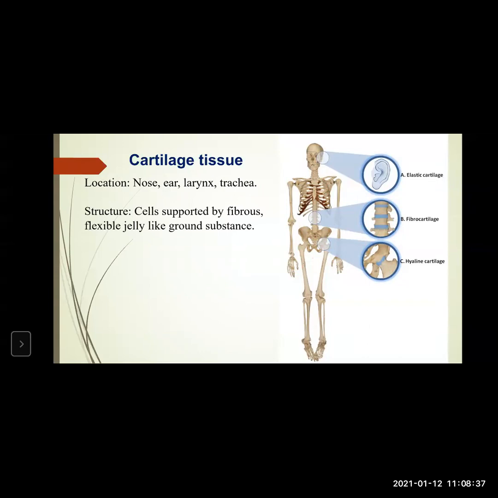Structure: it is composed of fibrous cells, the specialized cells known as chondrocytes. Remember, in the case of cartilage, the cells are known as chondrocytes. These chondrocytes are embedded within the fibrous substance, the white fibers or yellow fibers, the amount of which may vary according to the position of the cartilage tissue. See, this is the structure.